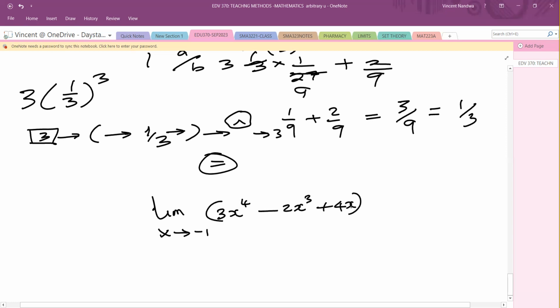Now tell me, what will be the first step? 3 power 4, isn't it? And then minus 2 limit as x approaches -1